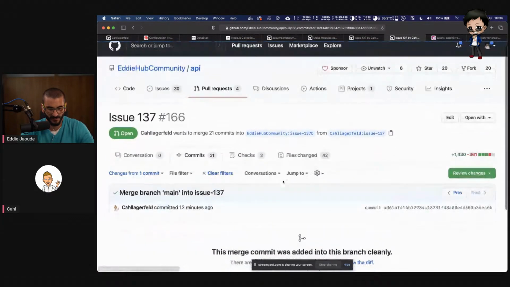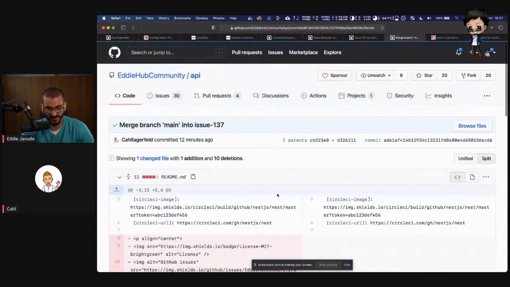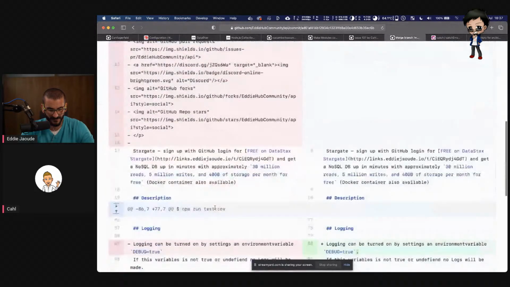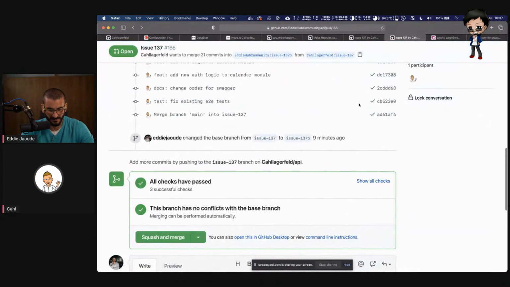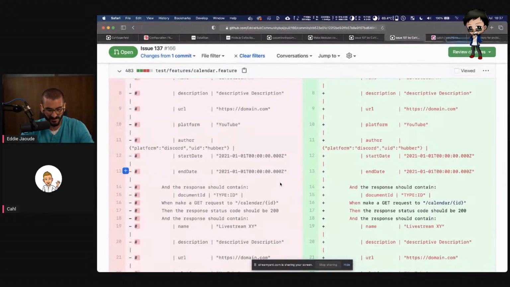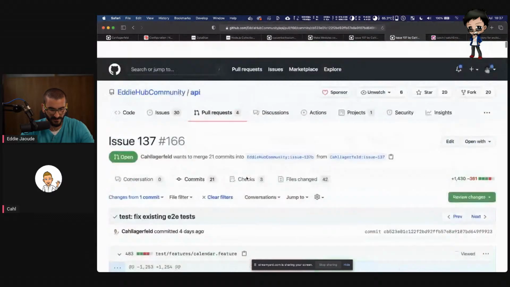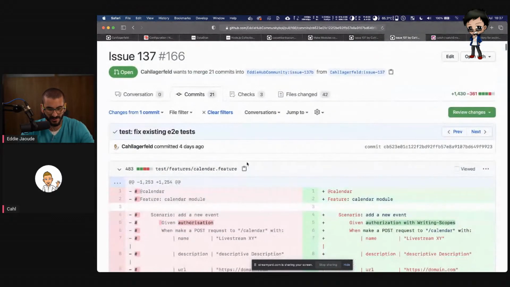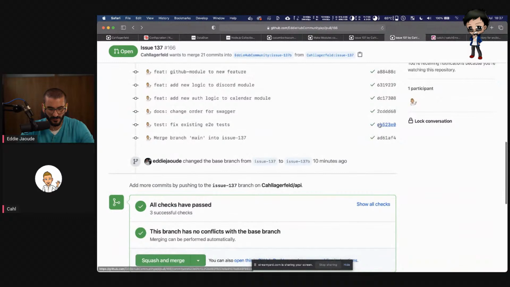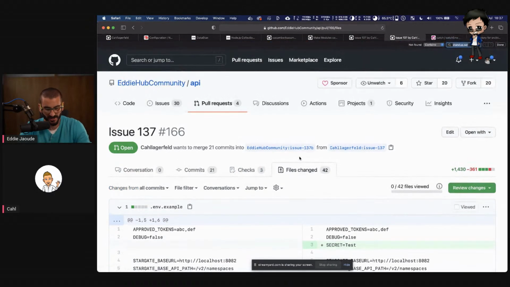If I look at it from this point of view, this merge can be added in this branch cleanly. But you can still view the diff. I guess the diff is everything. That's probably just in the README what Tom adjusted. Why does that get removed? That's really, really interesting. Huh? How is that? I was not in this commit, right? So I'm going commit at a time. So there was no stand-up service in there. Change order or Swagger. But if we go to files changed actually and go